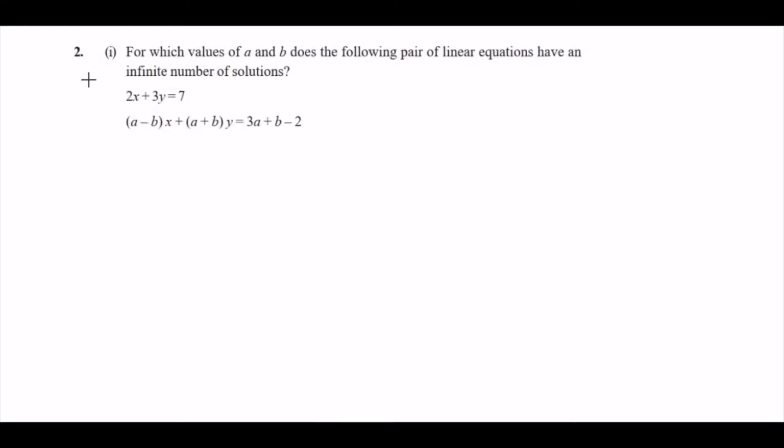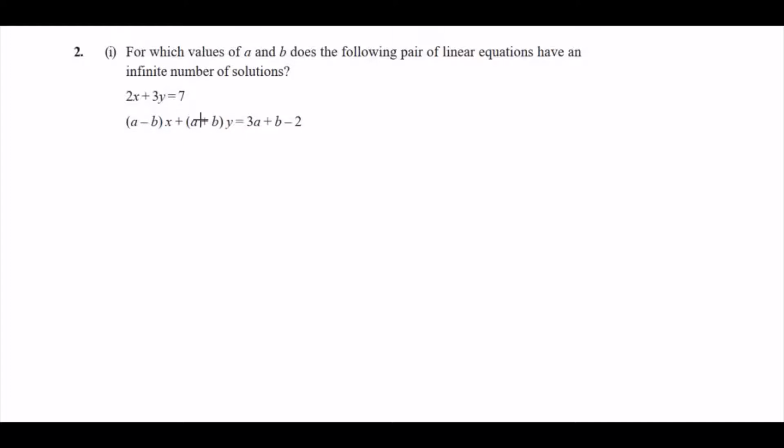So the second question is, for which values of a and b does the following pair of linear equations have an infinite number of solutions? Here a pair of linear equations is given and the values of a and b are not known, and they have asked us for what values of a and b this pair of linear equations will give an infinite number